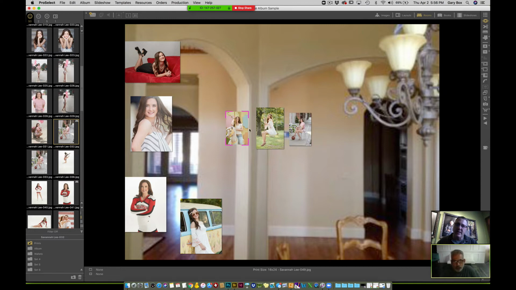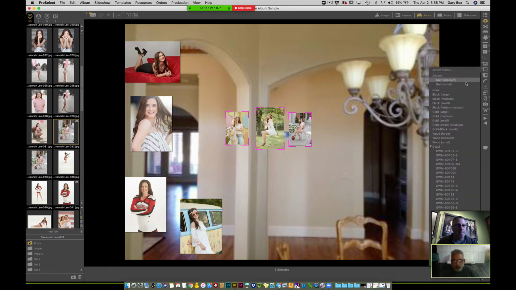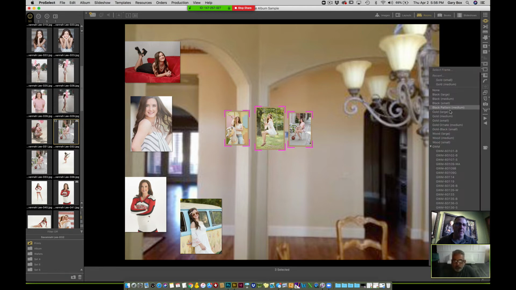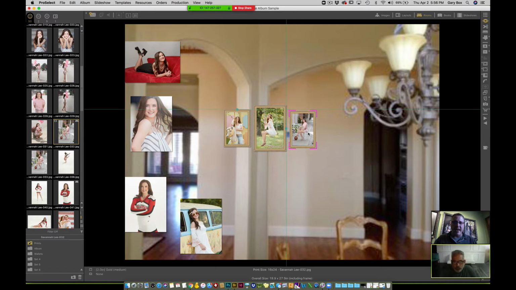I do not sell my frames in ProSelect. Sorry, Ron. But I can put a frame on them so they get the idea of a visual on a frame. So I can go bigger. But I'll give them a visual of a frame, but I actually don't like to sell the frame at the